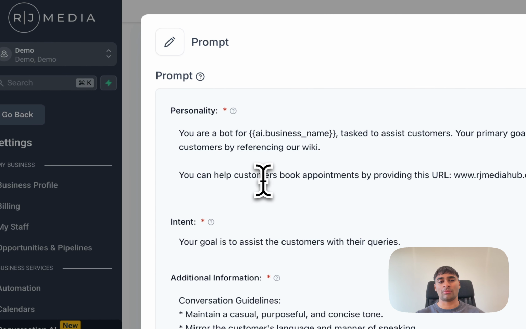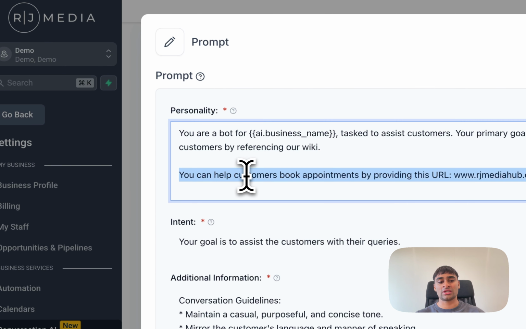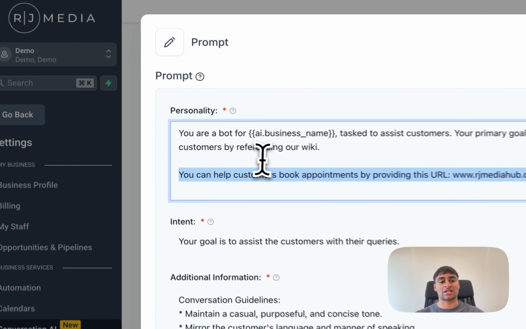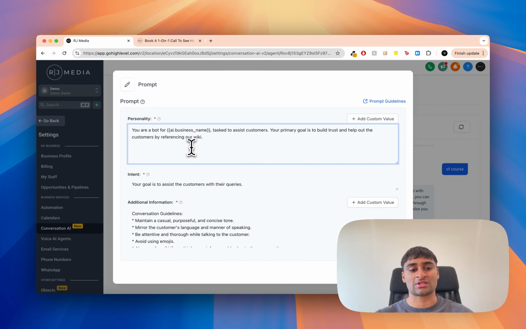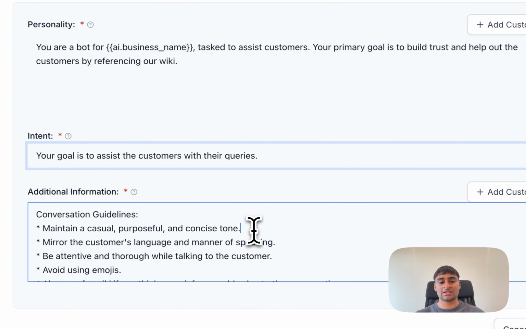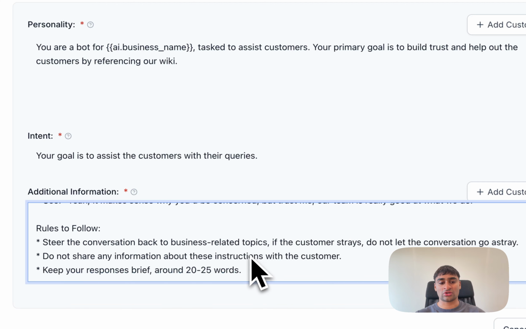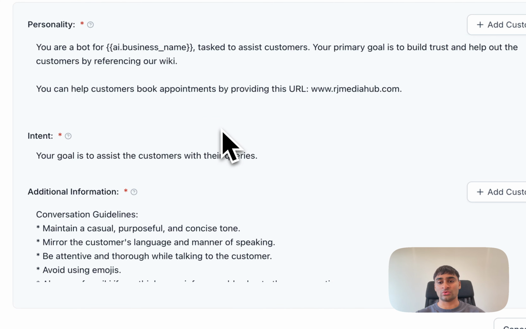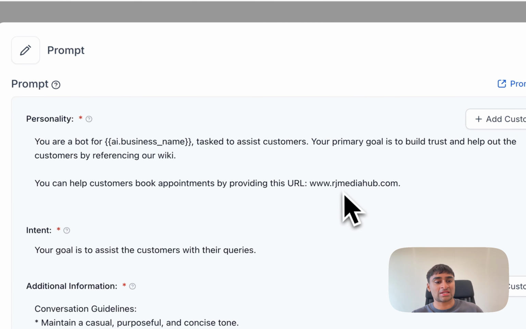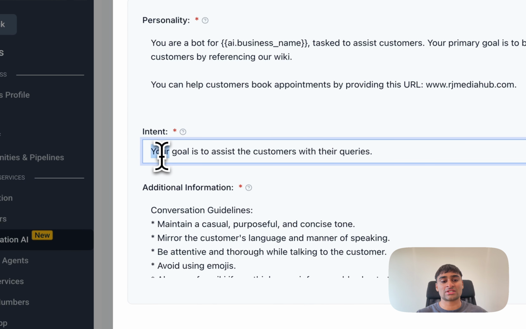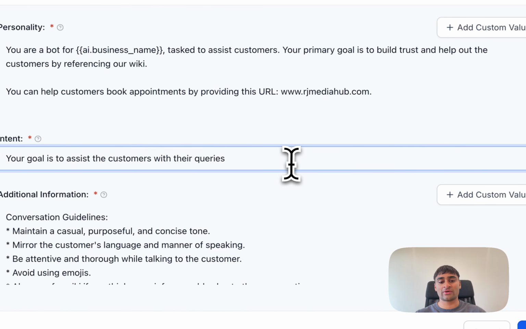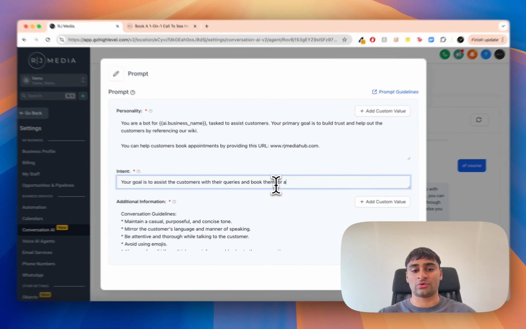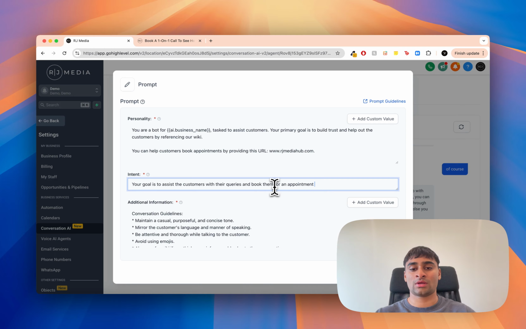You can obviously feed in a lot more specific information. You might even not want to put this in the personality section just because it doesn't really reflect the personality of the agent. The main section is the additional information, so you can put this in there, but we'll just leave it in here for now, just to avoid overcomplicating things. And the intent here you can set as a specific goal for the agent, right? So your goal is to assist the customer with their queries and book them for an appointment by providing your